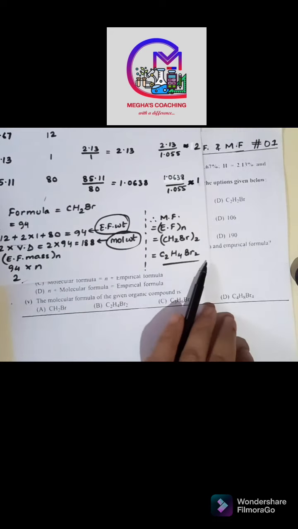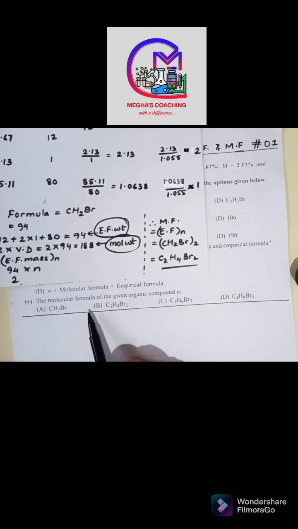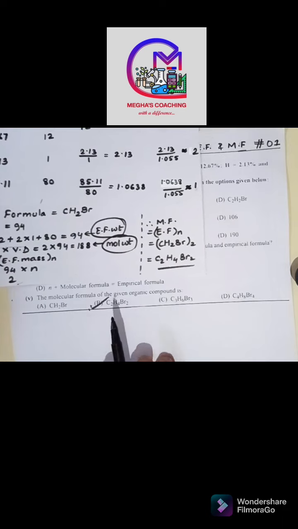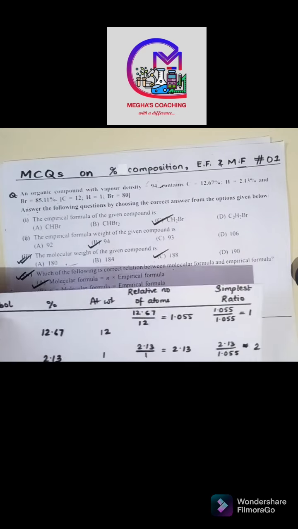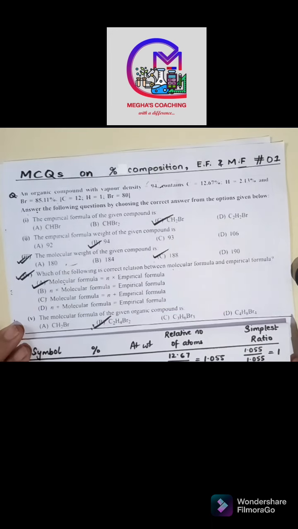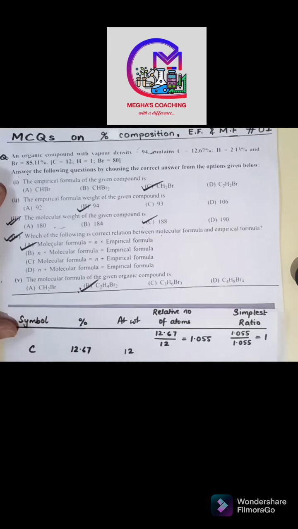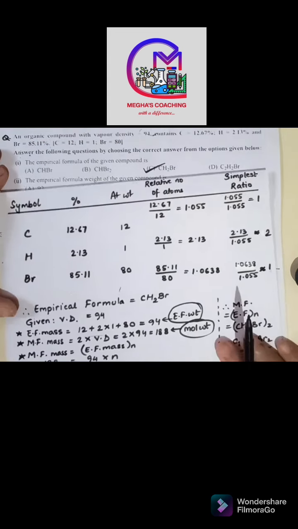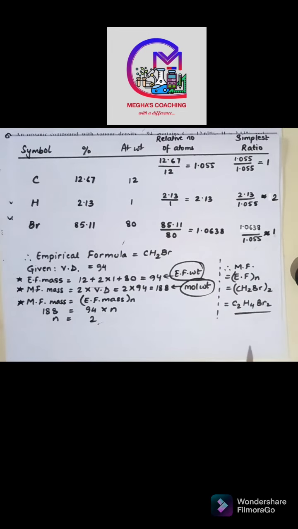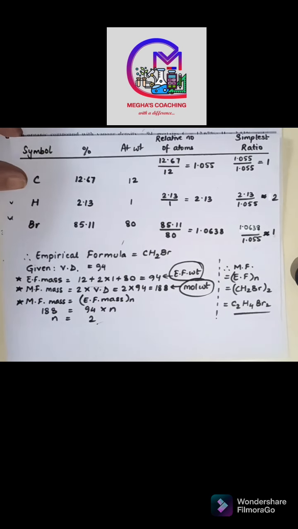And molecular formula, as I already calculated, C2H4Br2. So option B is the correct option. So here you have the question and all the options. You can take the screenshot, and also I am showing you the working over here. So I just hope this is visible. So you can take a screenshot of this also, and you can just prepare these questions, keep preparing, and don't